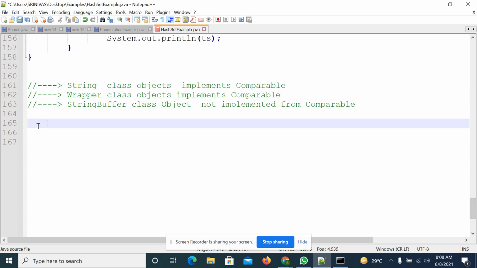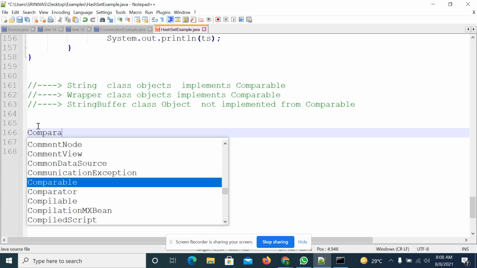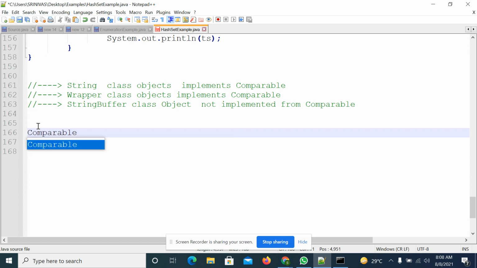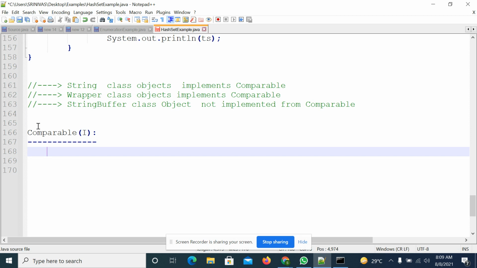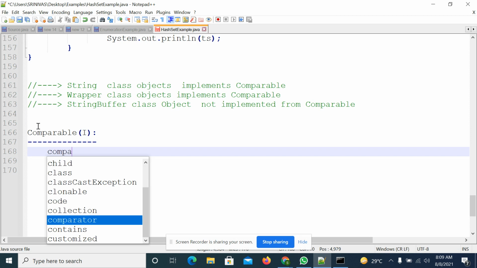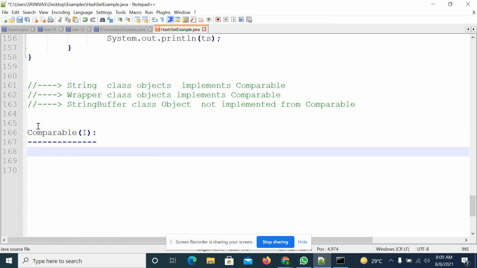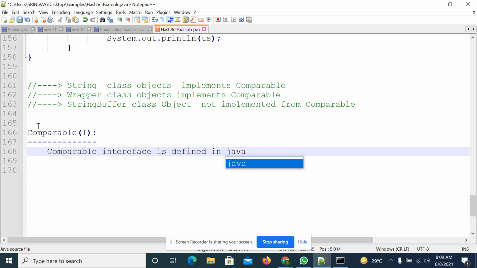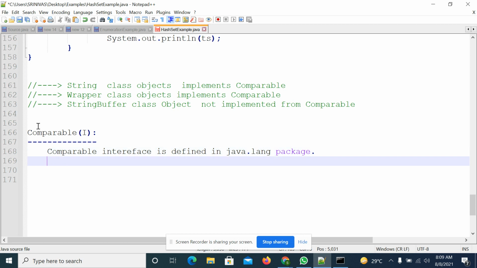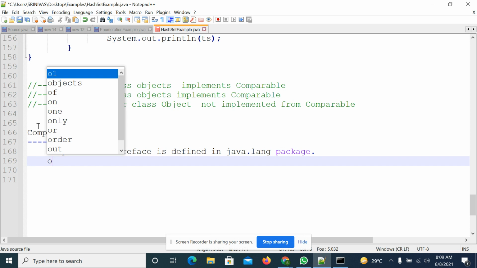Comparable interface. This is the interface, available in the java.lang package. It is defined in the java.lang package, and it contains only one method.